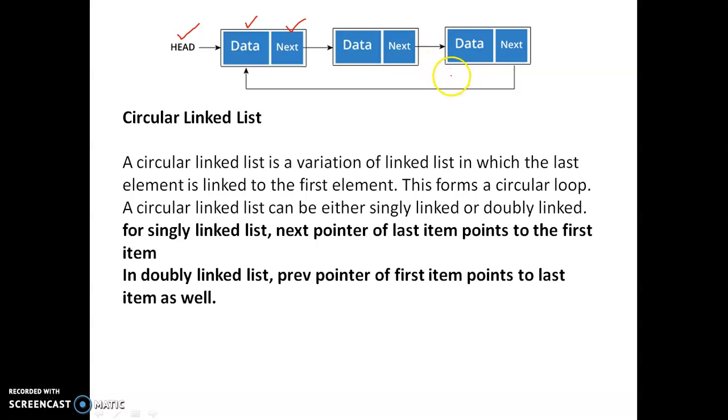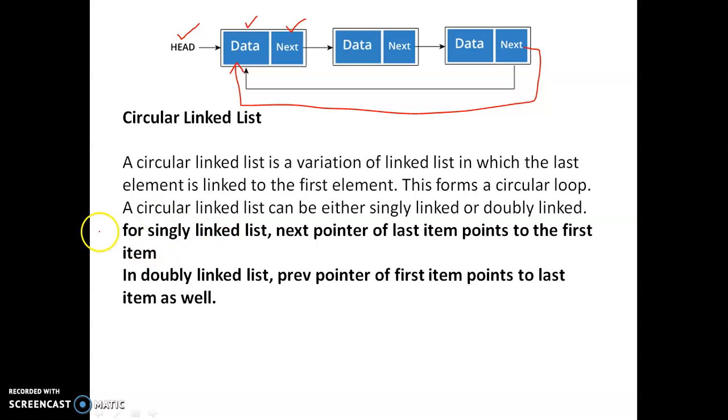Whenever you want to make a single linked list circular, we need to connect the last node's next to the first node, that is, last node next as the head. Only then will it be considered a circular linked list. There is no null value in the circular linked list. When the next reaches the head again, then we can say that is the end of the circular linked list.